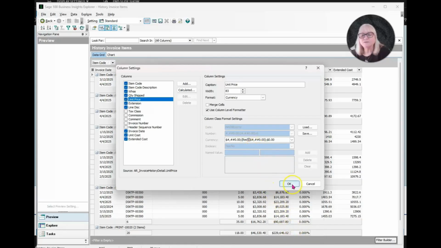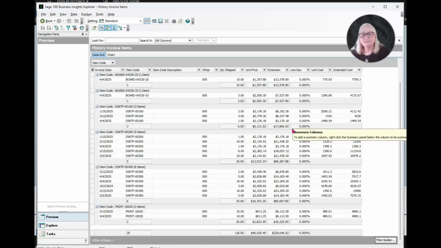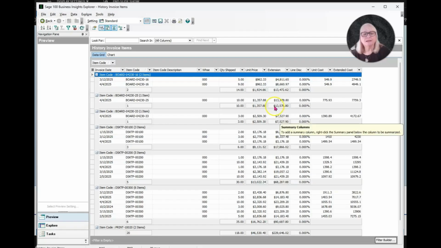So now if there was anything that was negative, it would show up in red. I don't happen to have any negatives here, no credit memos, so nothing is showing up in red. But you can easily change the colors. You've got blue, yellow, a number of options there, but that makes it a little more explicit when you're looking at something that's negative. So that's the basics on setting up the secondary grid.